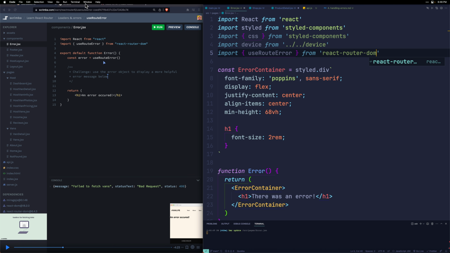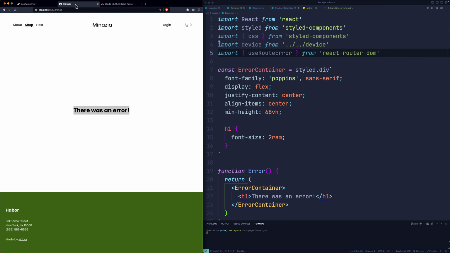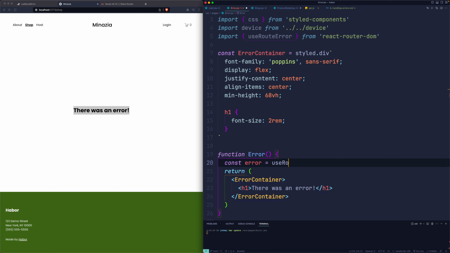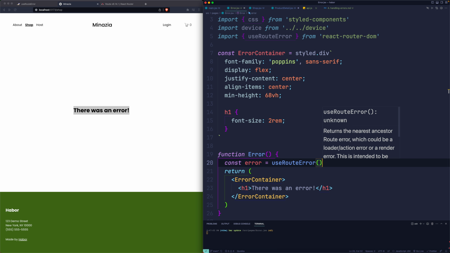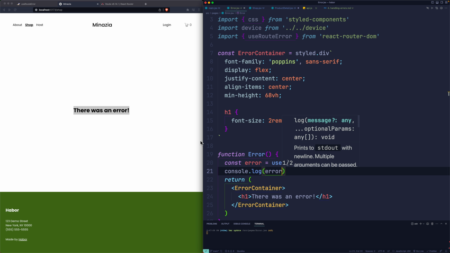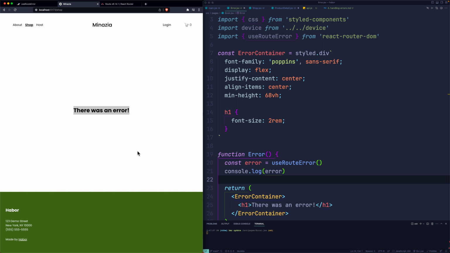And then we can just put it in a variable. So if we go down here, we can say const error equals useRouteError. And if we console.log the error that we're getting,